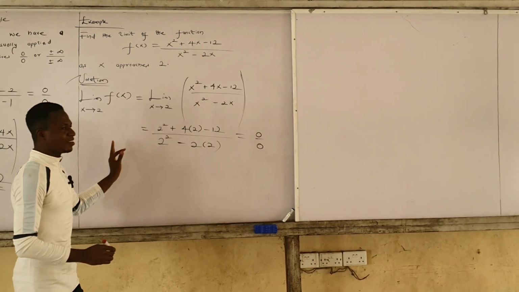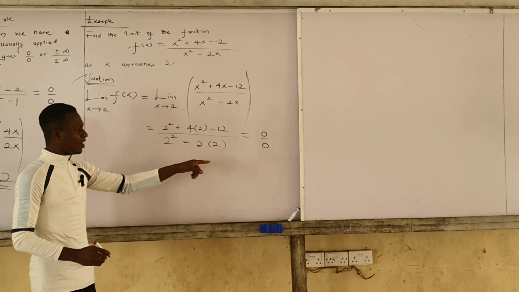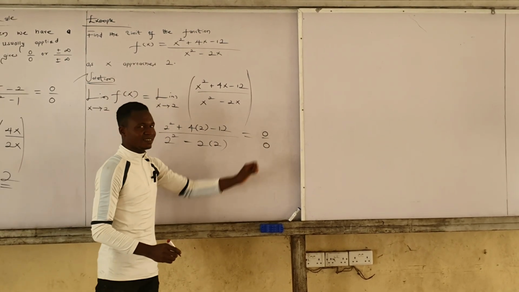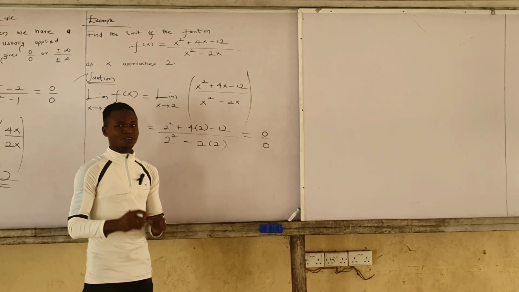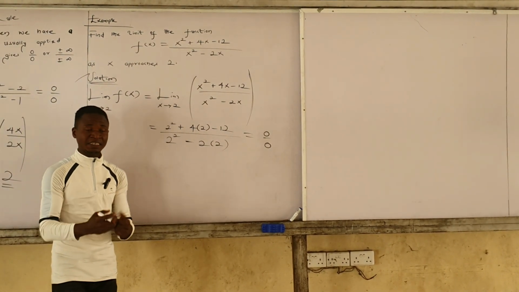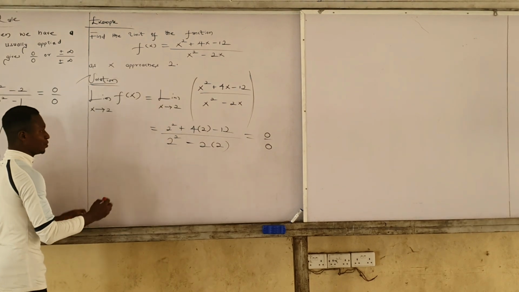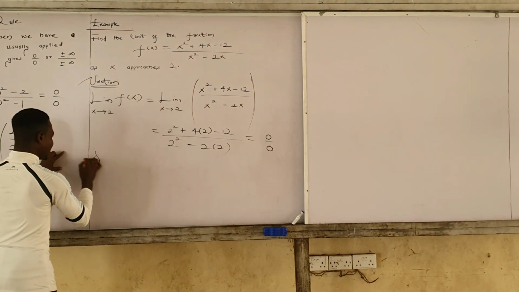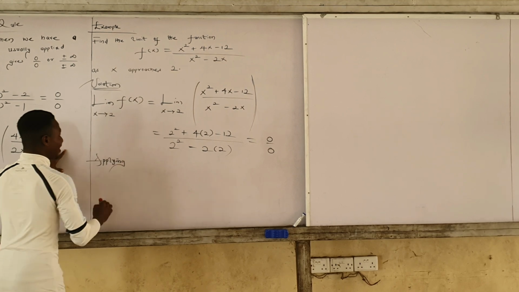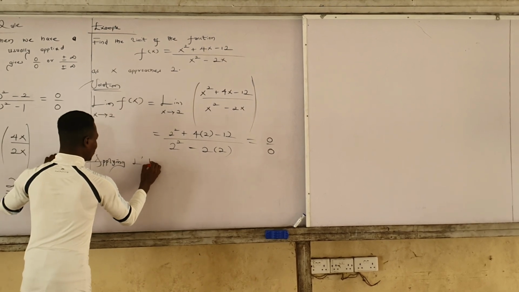So by direct substitution, we find that the limit of the function is indeterminate. It is undefined. So this is where L'Hopital's rule becomes very important in finding the limit of the function. So what do we do now? We can go on to say, applying the L'Hopital's rule,